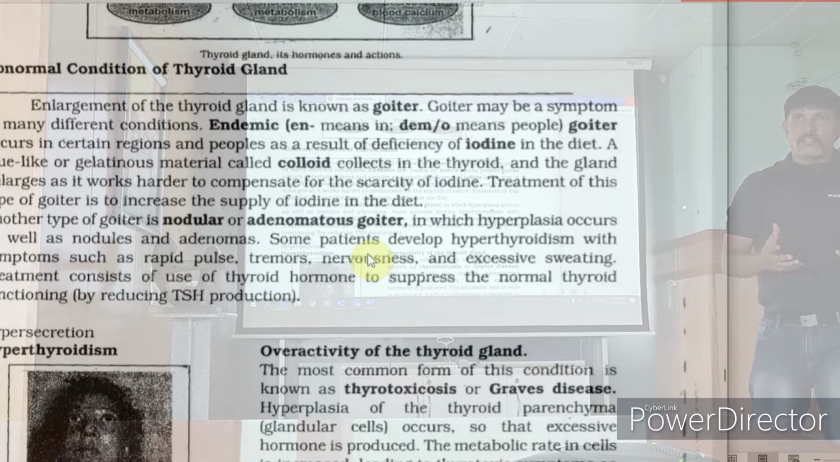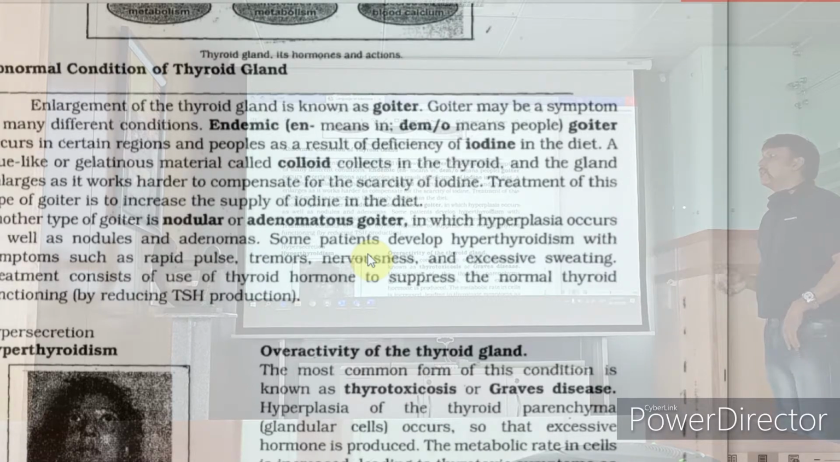So iodine is not there, the gland is trying to make up the activity and then it becomes enlarged. Okay? Treatment is to increase the supply of iodine in the diet. Another type of goiter is known as nodular or adenomatous goiter, in which hyperplasia means extra cells are formed, known as nodules or adenomas. Some patients develop hyperthyroidism through which symptoms such as rapid pulse, tachycardia, remember tachycardia, tremors, nervousness,